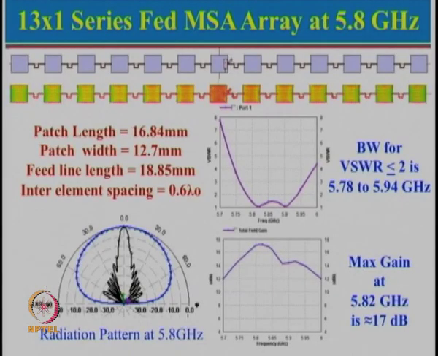Let us look at another example of a series fed microstrip antenna array, which we have designed at 5.8 gigahertz. Here we can see 13 elements, and instead of using the straight feed here, we have used a U-shaped bend. The reason for this bend is so that the spacing between the two patches can be reduced. In fact, that spacing can now be controlled by changing the depth of this U,